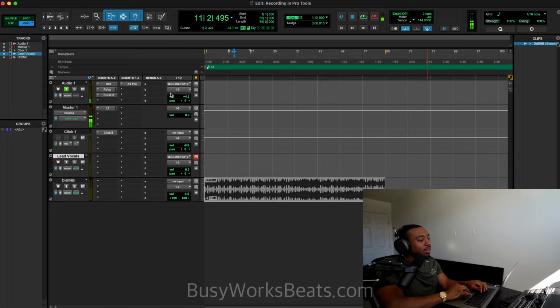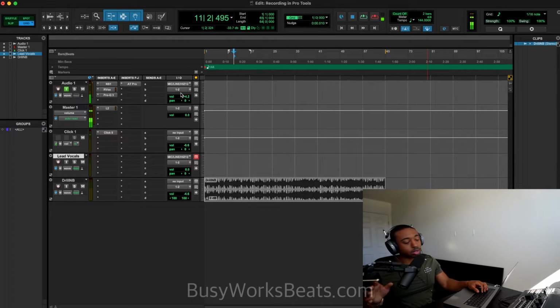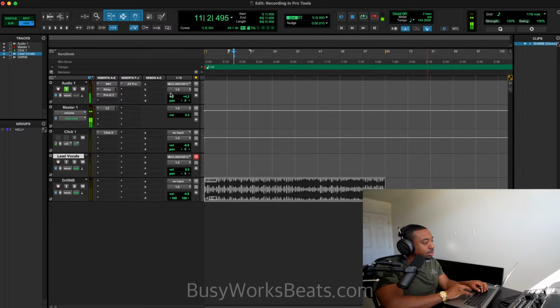Okay, so again, my room is not perfectly treated, so I'm going to record on the other mic just to give you guys what you might have as you're recording. So what we're going to do is, how do I duplicate this bad boy? Okay, hit Alt, left click, and then we're going to drag that down to duplicate the auto-tune setting over to the other microphone. So I want to hear myself.